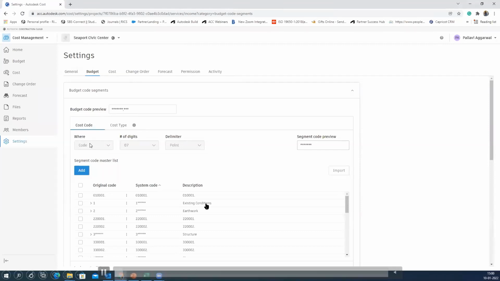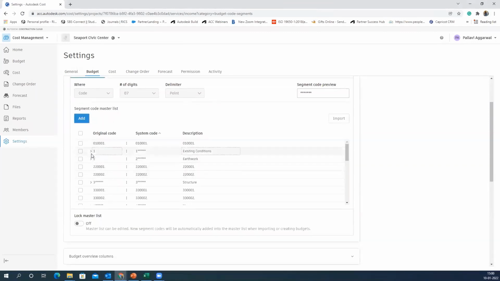So we see over here that the first thing we are doing is we are creating a budget code. In this, what we are doing is,